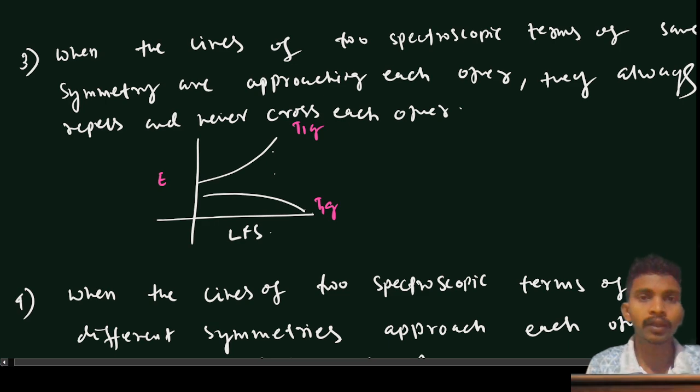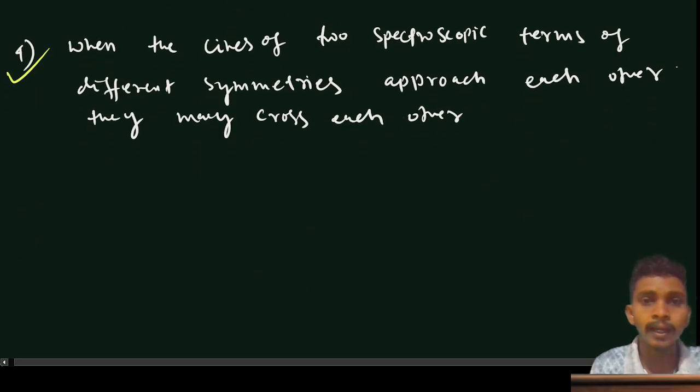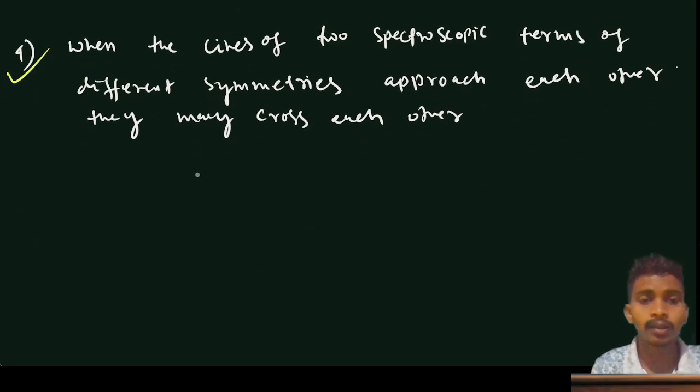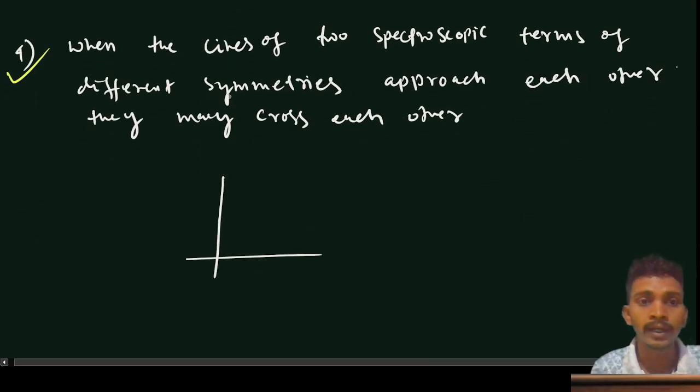Okay, so these are the two points. Whenever the lines of two spectroscopic terms of different symmetries approach each other, or, in this case, the same symmetries, then they always repulse each other. This is the same symmetries. And if the two lines are approaching and they have different symmetries,